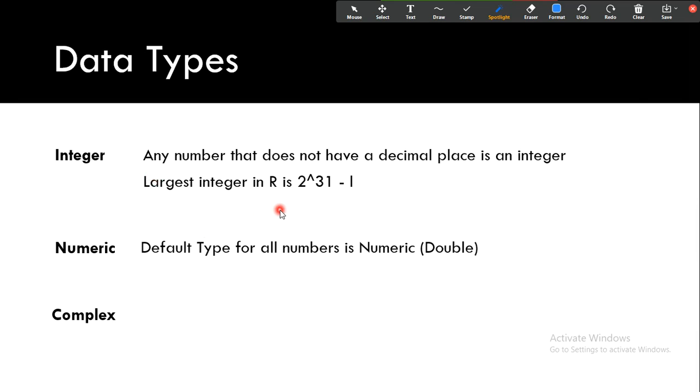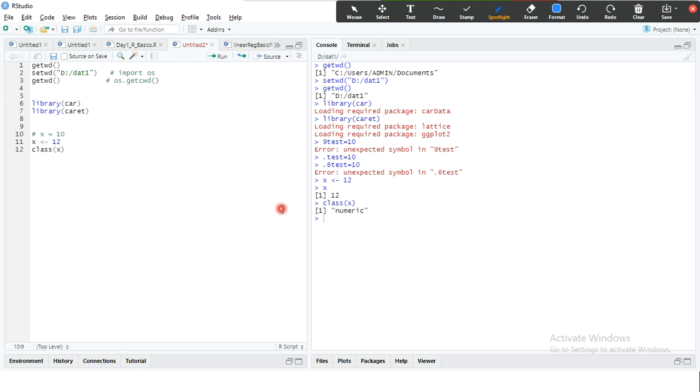By default in R, if you store any numeric value to a variable, R assigns numeric data type. We can see it with this example. All I did was store 12 to a variable x, but by default R assigns the data type as numeric.